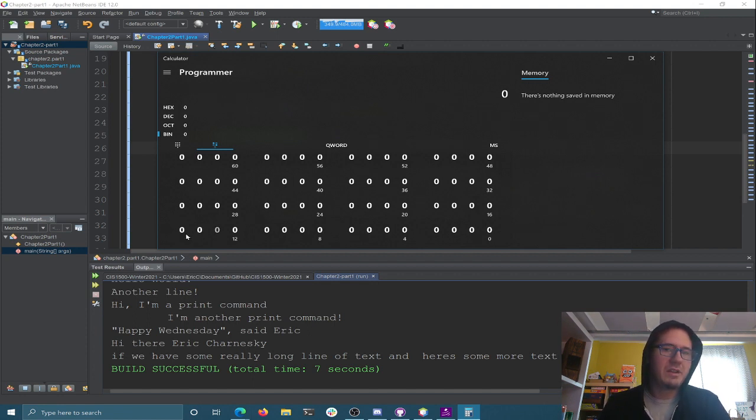Another single byte is 8 bits. That's my decimal equivalent. So that's 32,000 here with 2 bytes. With 3 bytes, I can store up to 8 million as my decimal equivalent. And with 4 bytes, I can store up to